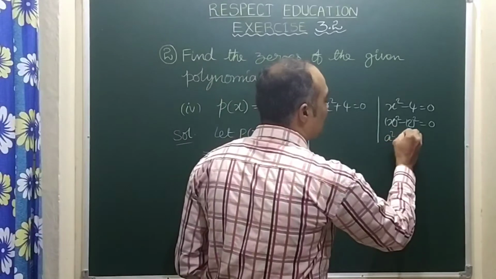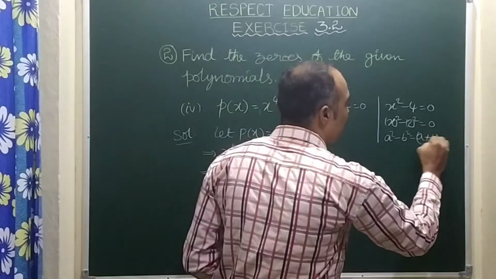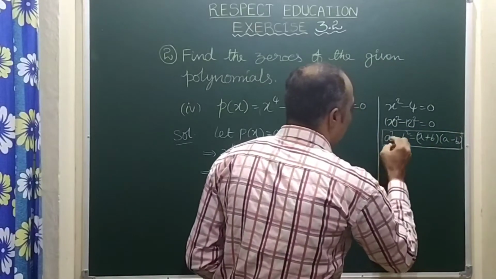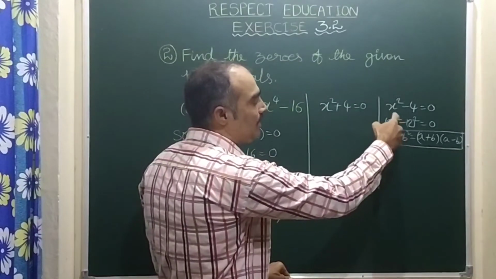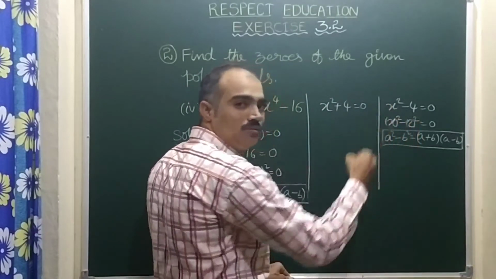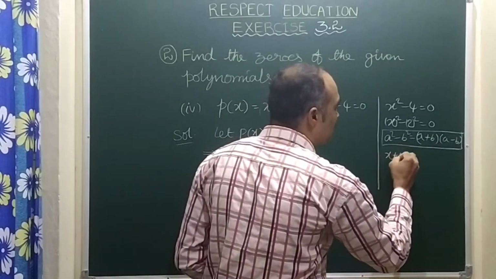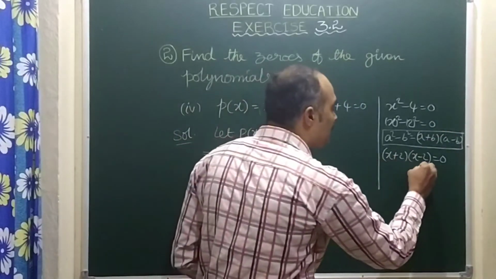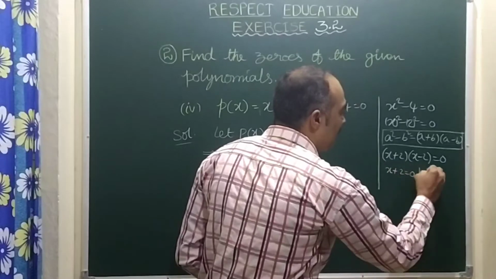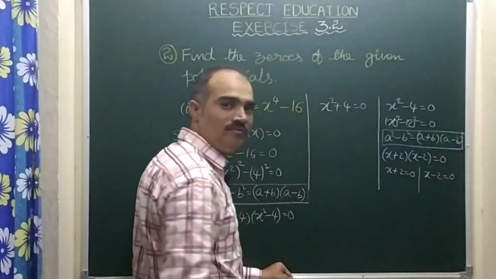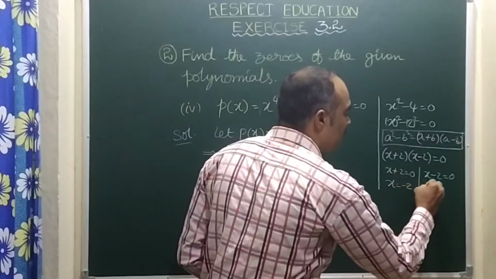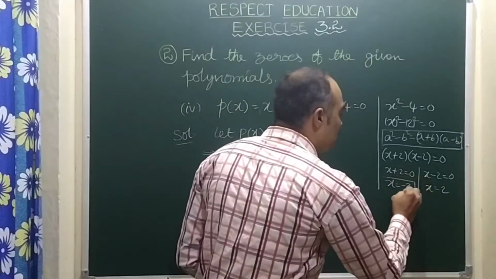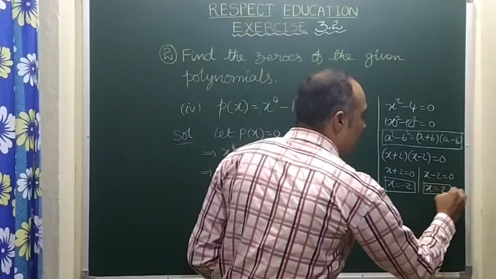So here the formula again, a square minus b square, whose formula is (a plus b) into (a minus b). So here a means x. See here inside the bracket x is there, that is a. B means 2. So here a plus b means x plus 2 into a minus b, x minus 2 equal to 0. Again here two subcases, either x plus 2 is 0 or x minus 2 is 0, since their product is 0. So here finally we get x equal to minus 2 or x equal to 0 plus 2. So x equal to 2. So here we get two zeros, children, x equal to minus 2 and x equal to plus 2.